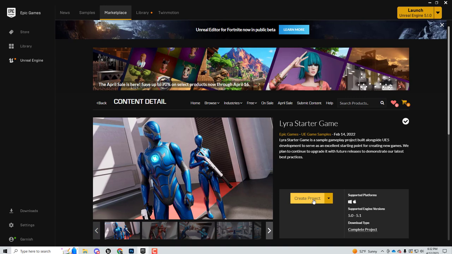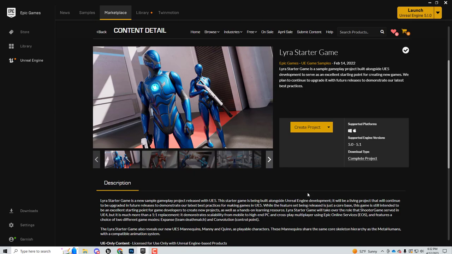Like I said, I don't think you're going to have to download it because we're going to give you the project, but this is where you start with it. And then once you create a project, it's like anything else, save it in the right spot. You open it up,